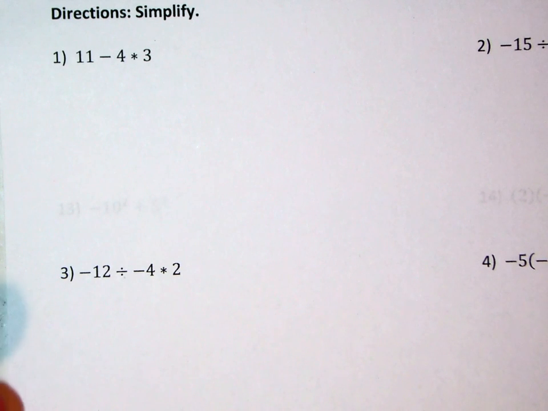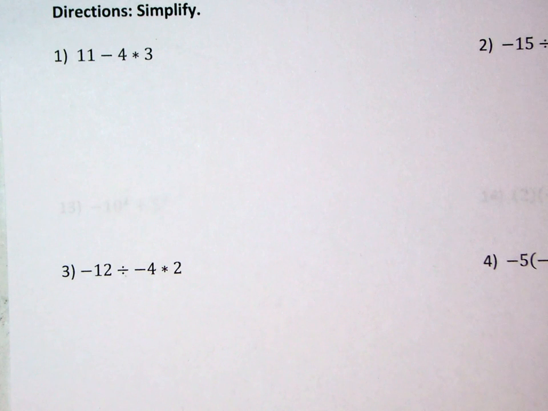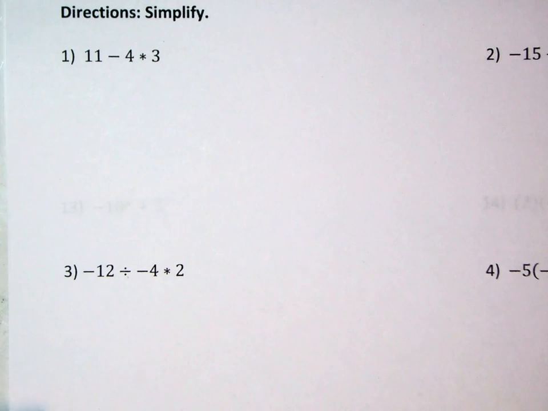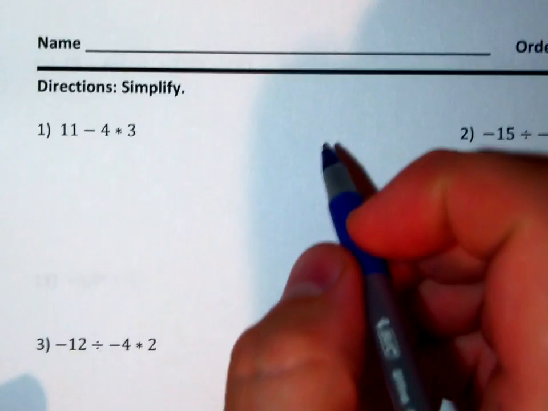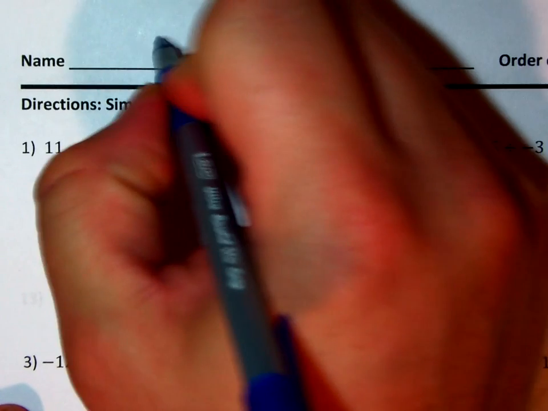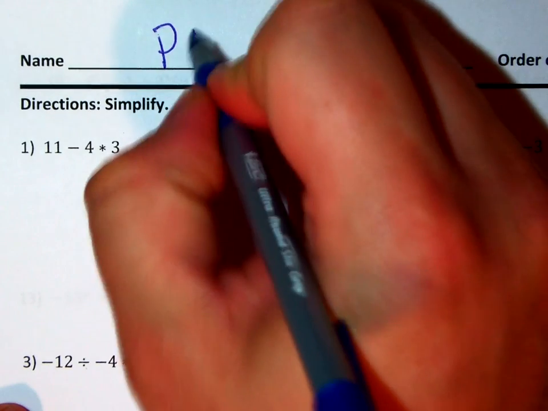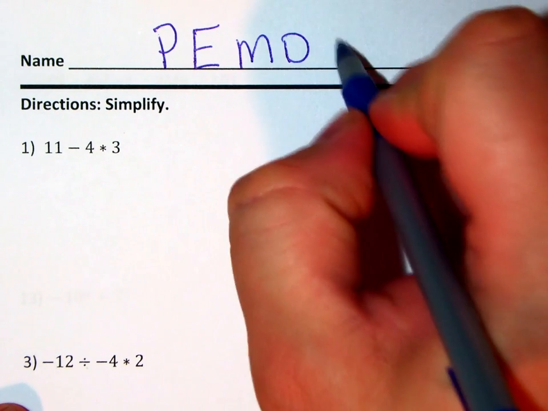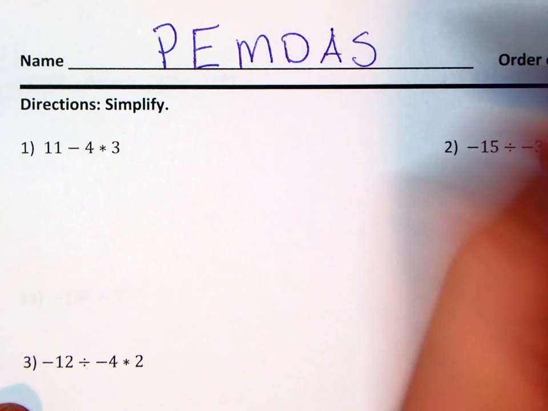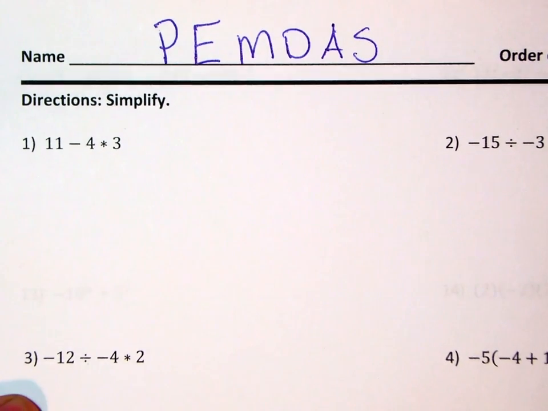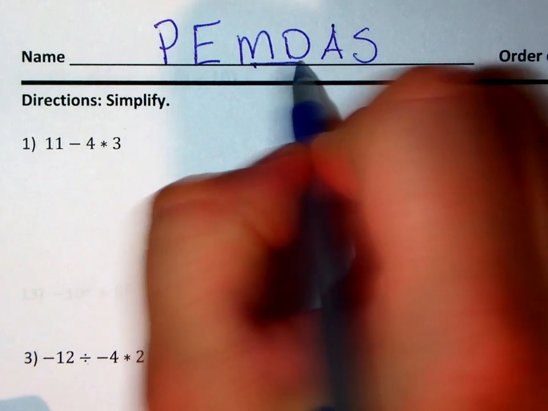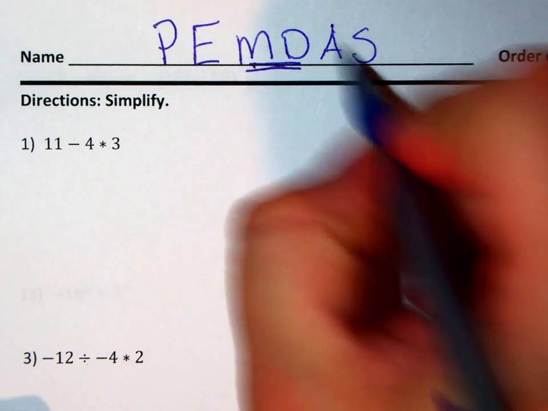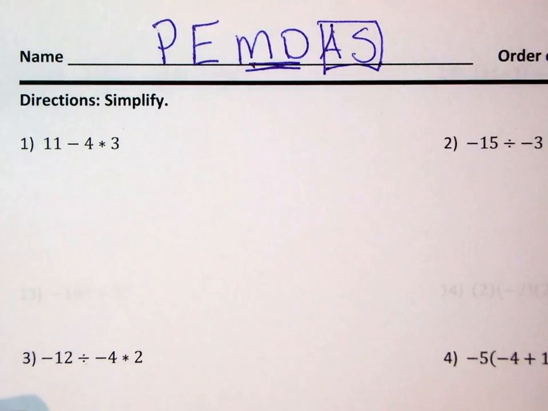Today we discussed order of operations and integers. And so our worksheet asks for us to simplify. And the very key thing for us to remember, you should have learned last year, was PEMDAS: parentheses, exponents, multiplication, division, addition, subtraction. And you also need to remember that multiplication and division and addition and subtraction are